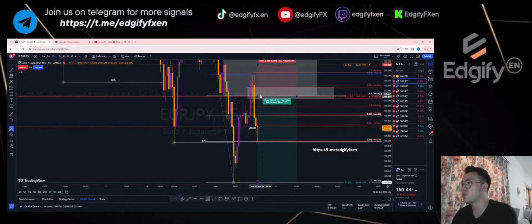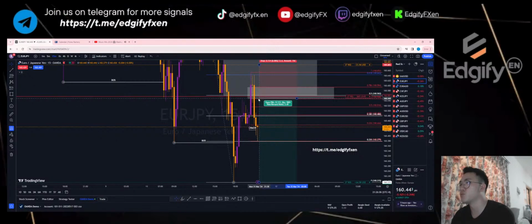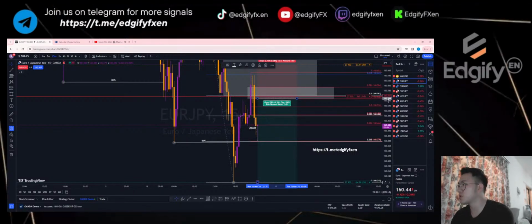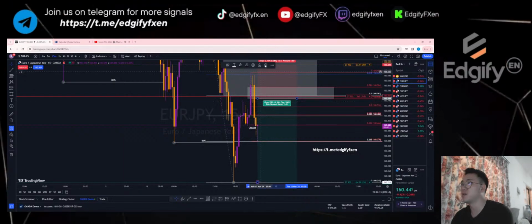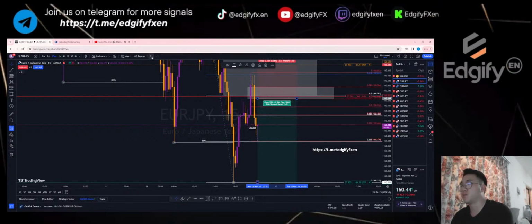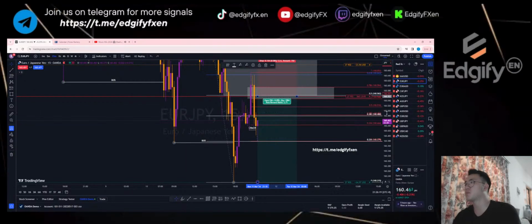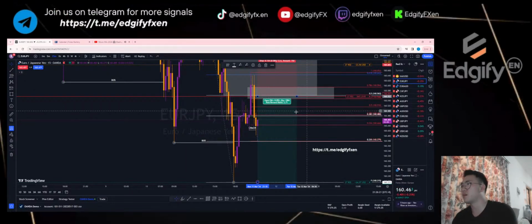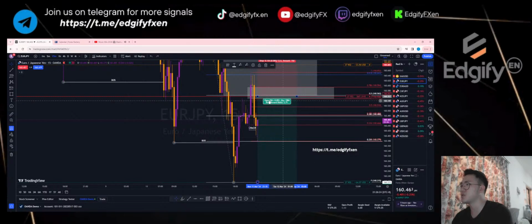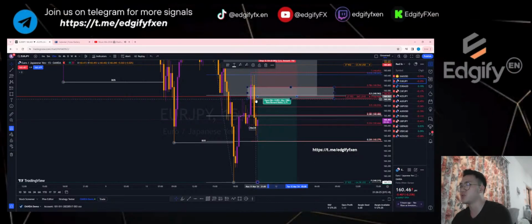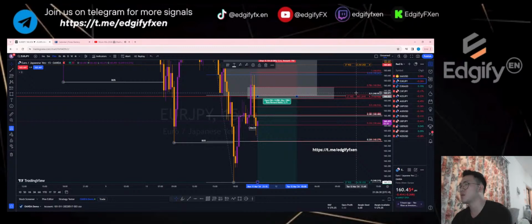If you guys would like, you can actually move your entry to this level here, which is at 160.549. You can move it there if you want, but I will stay where I've placed it just now, because my risk and everything has been calculated. If I want to re-enter, I have to cancel this order and then re-enter at a newer price. But I will leave it as it is because it's above the 618, basically between the 618 and the 786 fib level.